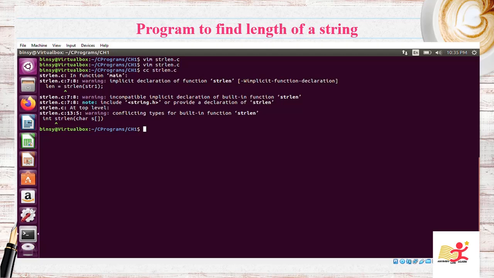That is why these warnings are showing, along with conflicting types for built-in function strlen, and it says you have to provide string.h. As of now we can ignore these warnings and just see the result of the function which we have written, which shows the length of the string is 17, which is the right answer.